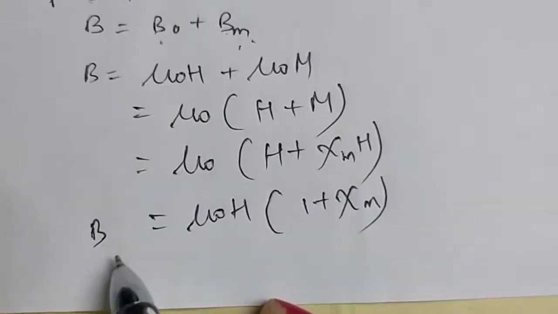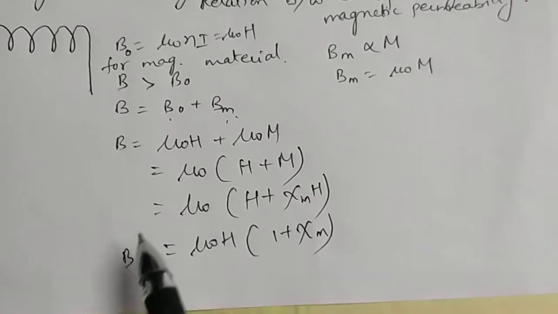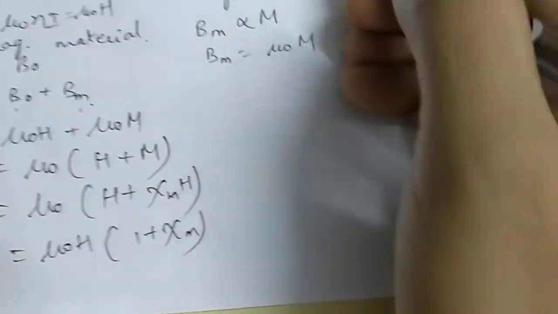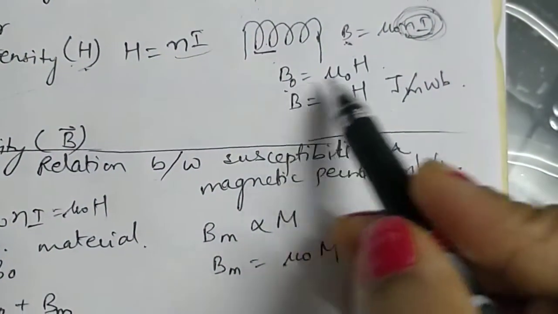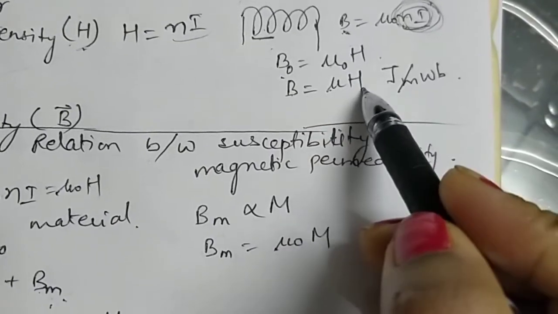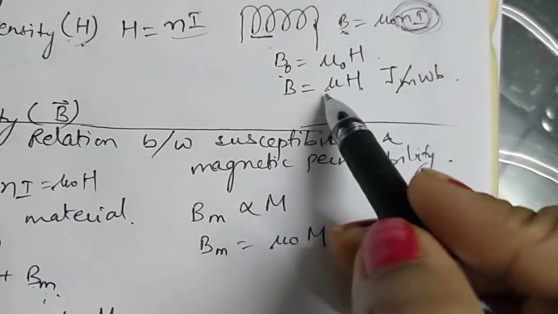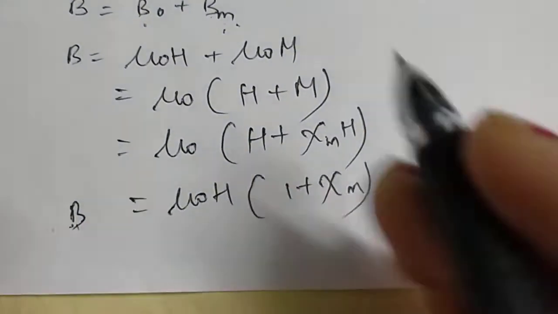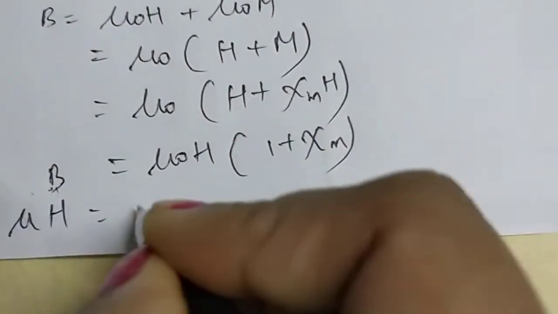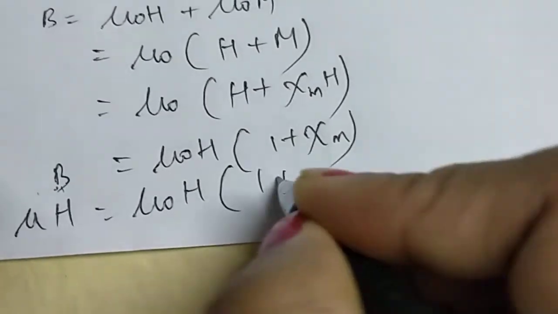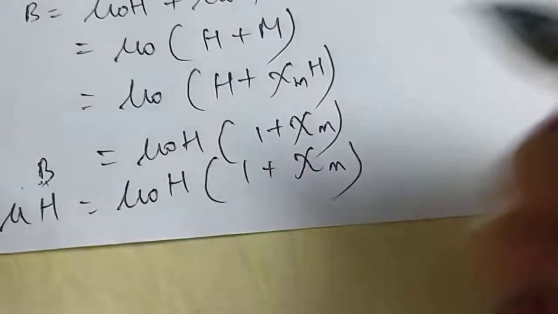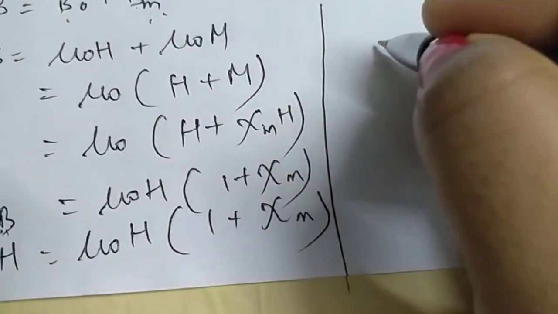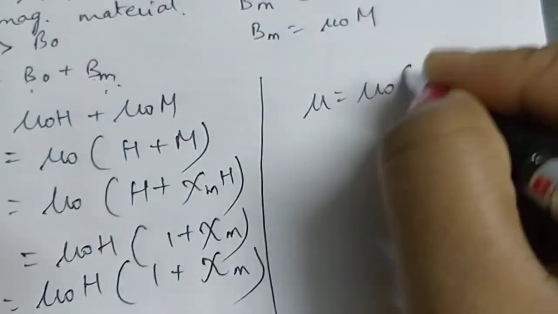Now B, but what about B? B is equal to mu H, where mu is the magnetic permeability of the medium. Here, B naught is mu naught H, but B is equal to mu H. I can write mu H is equal to mu naught H (1 plus xi m). So this H and H get cancelled, and what we get is mu is equal to mu naught (1 plus